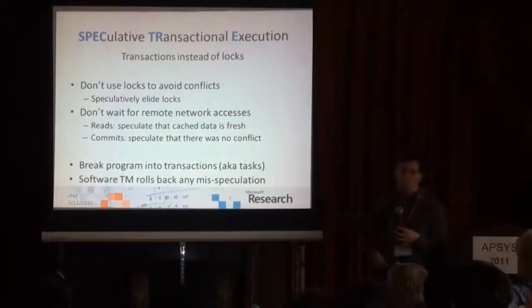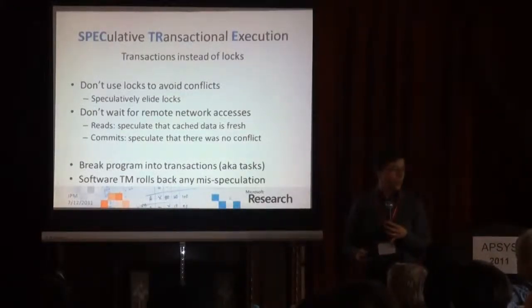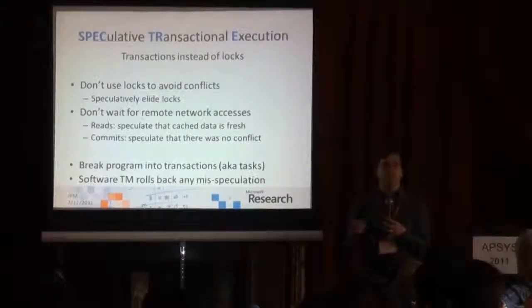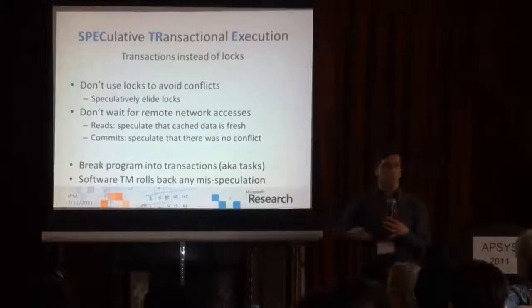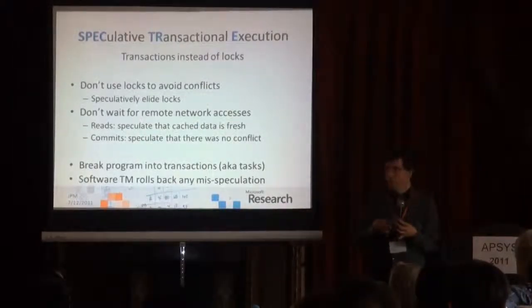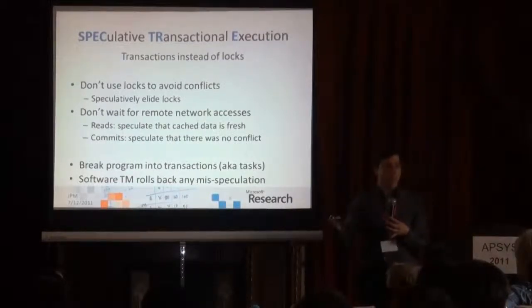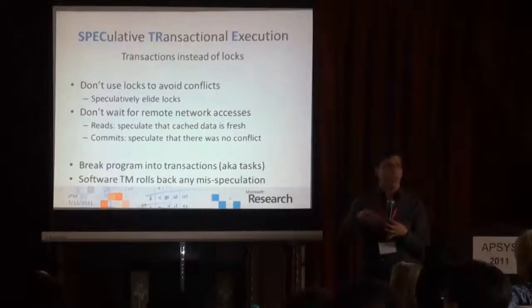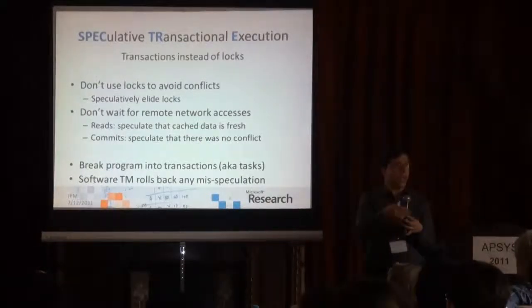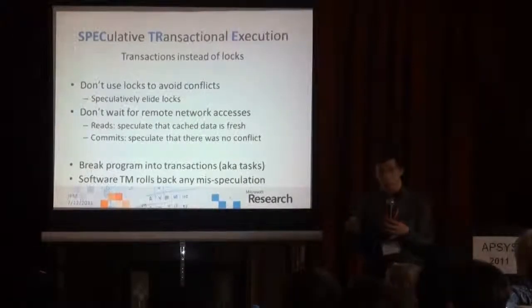Another way that we don't need to wait for remote machines is that we're going to speculate on reads. So instead of waiting for the data from the remote machine, we'll just use whatever data we have in the local cache, and if this was correct, then we saved a lot of time. And suppose it was not correct, then when we get the answer back, we just start over. It's not bad because this is the time we would have started otherwise anyway.